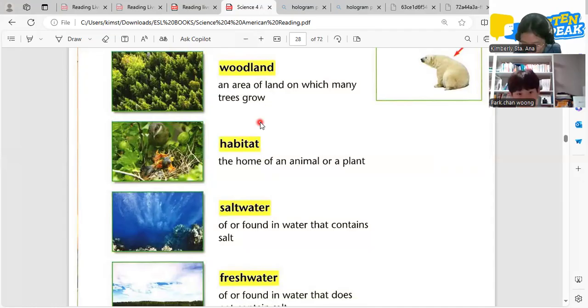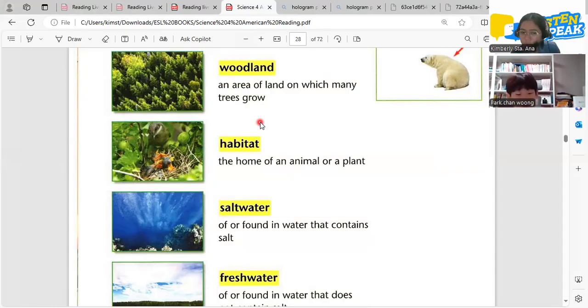How about the next word? Can you help me? Habitat. So what is a habitat? The home of an animal or a plant. So like us, we have our habitat, we have our home, which is inside our house.